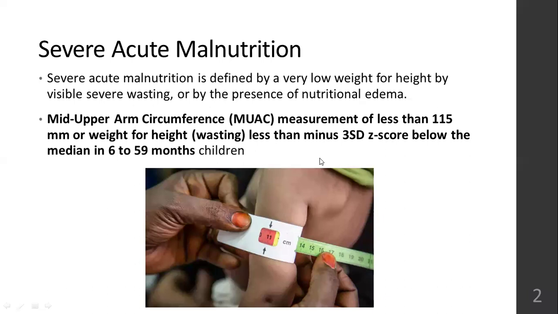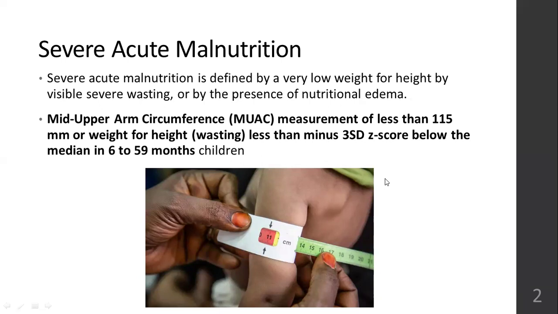Once the child has crossed 6 months of age and you have started the weaning diet, the child is not on exclusive breastfeeding and is also taking weaning diet. In that case, when you come across these mothers, you have to guide them about the importance of checking once a month, always checking your child's